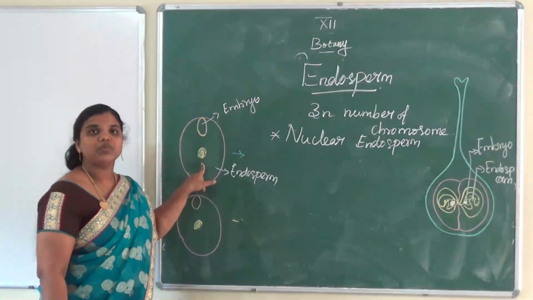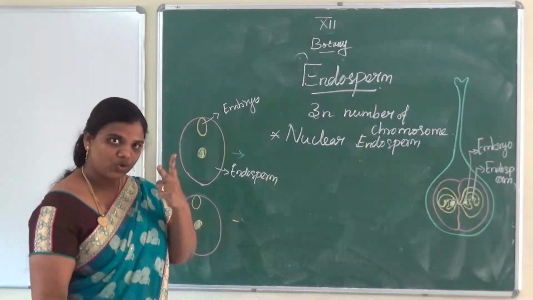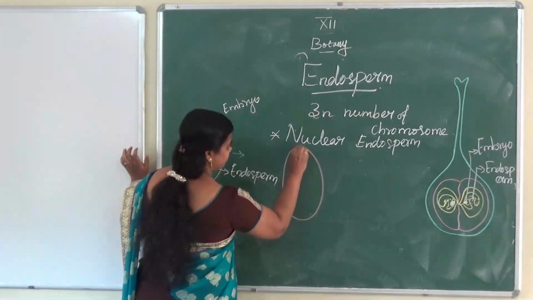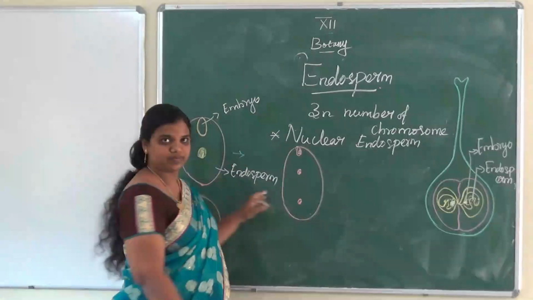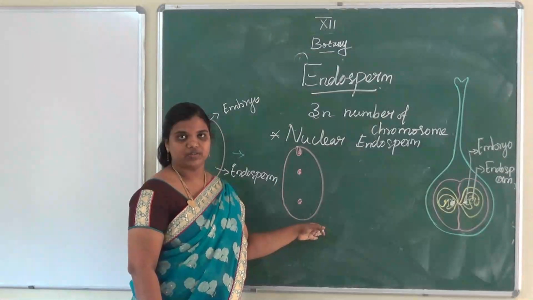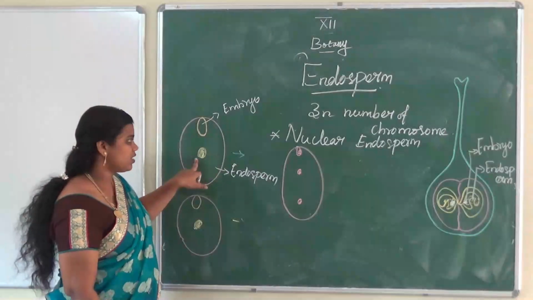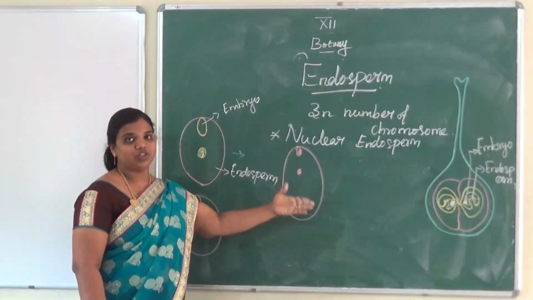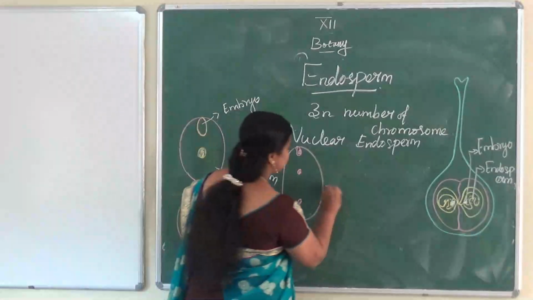The endosperm nucleus immediately divides to form 2 nuclei without wall formation. The endosperm nucleus immediately divides to form 2 nuclei but without wall formation, and immediately several divisions occur